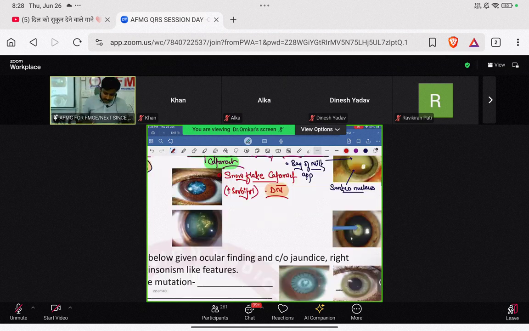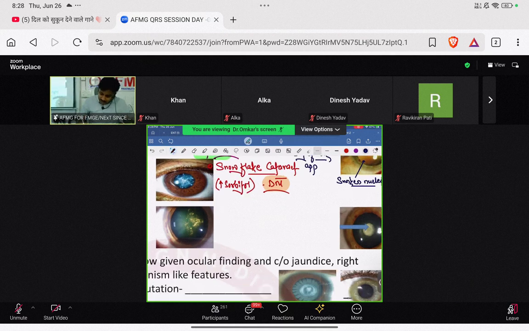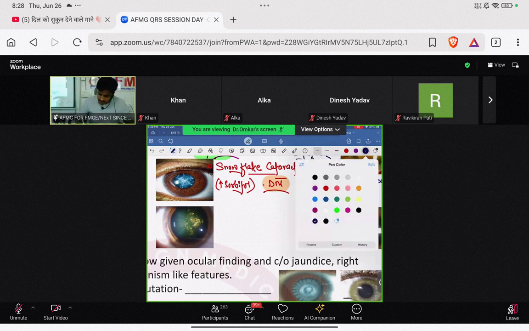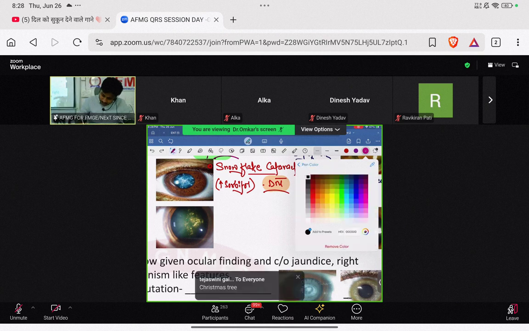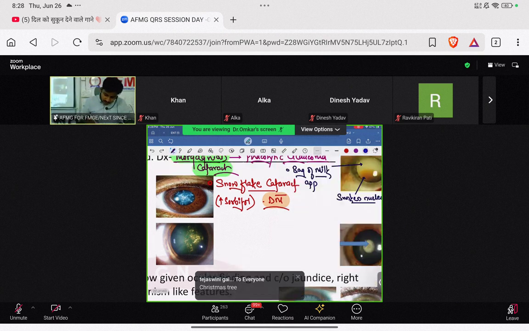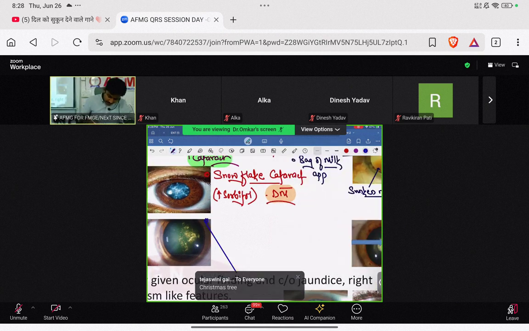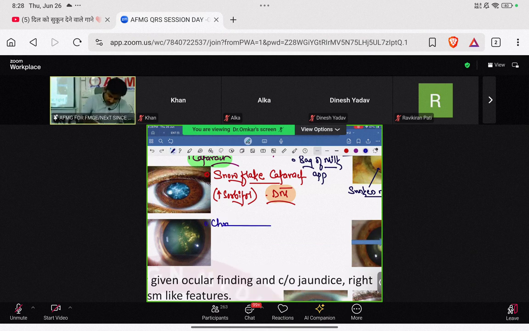Next important, you are able to see below this, beta, there is definitely a greenish and a golden hue that is usually seen, and this is classically a picture of which kind of cataract? Very good. It is a classical picture of a Christmas tree cataract. If I talk about Christmas tree cataract, beta, it is usually seen in patients suffering from myotonic dystrophy.